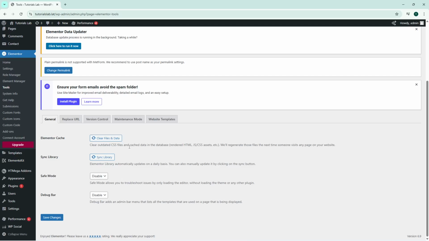Here you'll find several maintenance options, but the one we're interested in is labeled Clear Files and Data. Go ahead and click the Clear Files and Data button. This action will remove any cached or stored data that might be causing conflicts, including the issue that's creating the duplicate menu on your site. Elementor sometimes stores outdated information that can interfere with how your menus display, and clearing this data forces the system to rebuild everything fresh. After clicking that button, you might notice a brief moment while the system processes the request